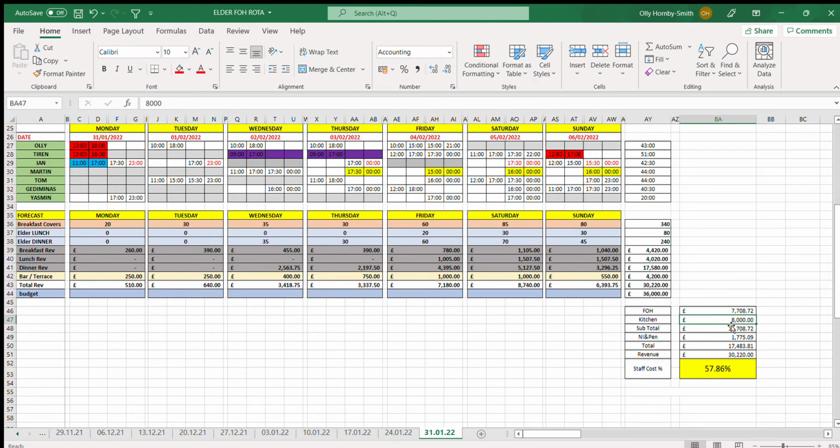It's not really accurate, this one is just an estimate basically. And then it'll give you a subtotal, so it would be front of house plus kitchen combined, that's 15 grand. And then national insurance and pension, there's a calculation here, it's basically the total, subtotal, times by